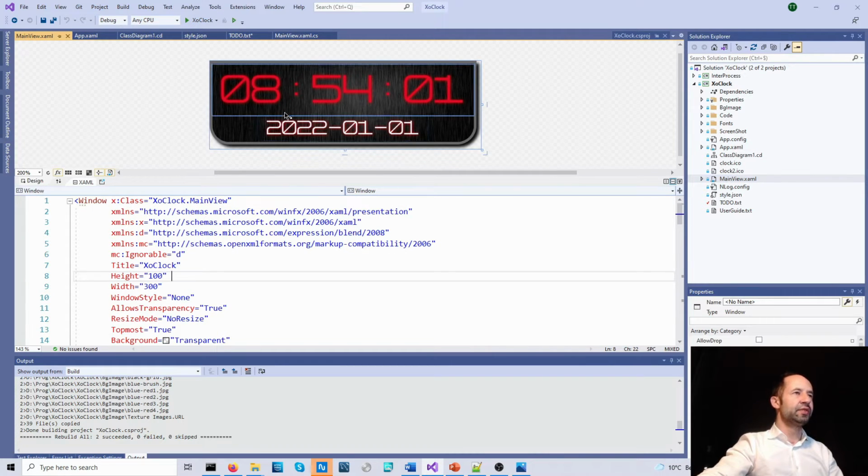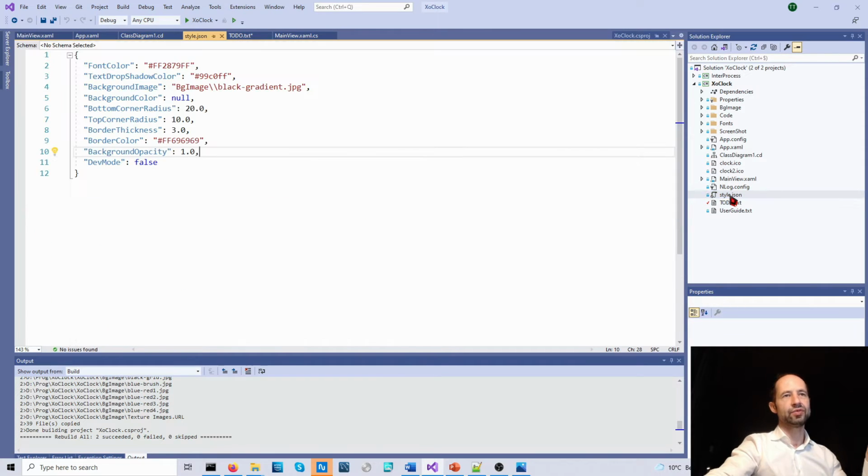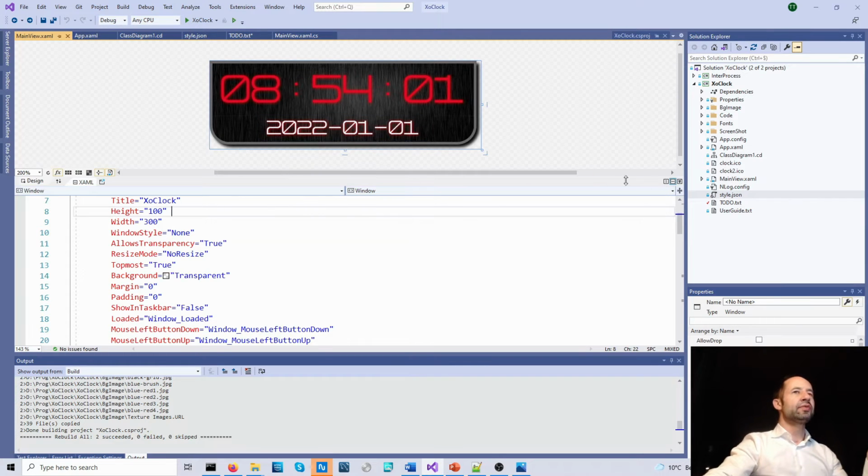You see a different style, and because the clock is started with another style JSON file, what you see in this screen now is not exactly the same styling as what you see during the execution because of this. The content of the XAML here is different than the content of the JSON file, which is loaded at startup. So we have the main view here.